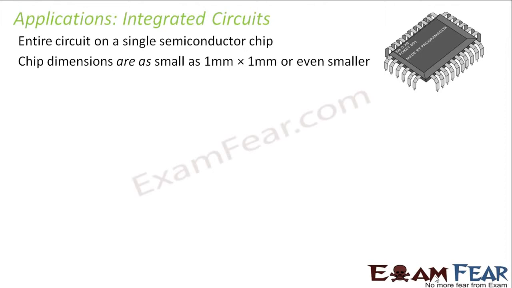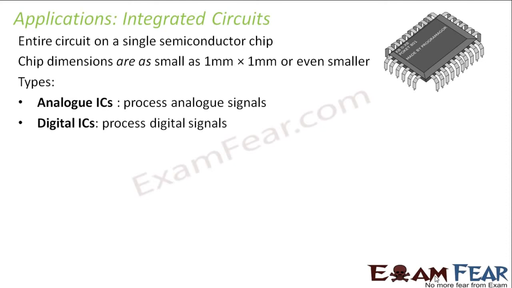As you go for your higher studies, you will see that there are so many varieties of ICs which have been designed with the help of these logic gates. Broadly, integrated circuits are classified as analog ICs and digital ICs. Analog ICs are those which process analog signals, and digital ICs are those which process digital signals. I am just telling you for the sake of it. These are not within your curriculum, and you will study all this in detail when you go ahead with semiconductor electronics. So with this, I'll conclude this lesson, and we will try to see some problems on logic gates.